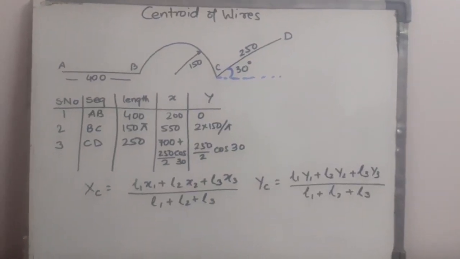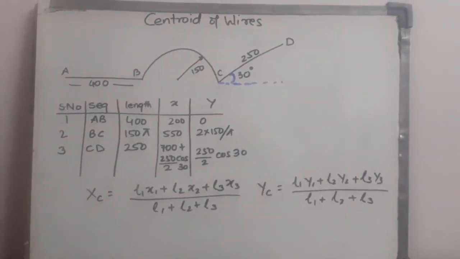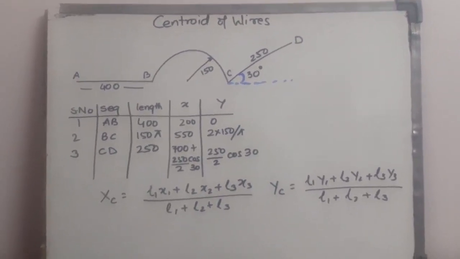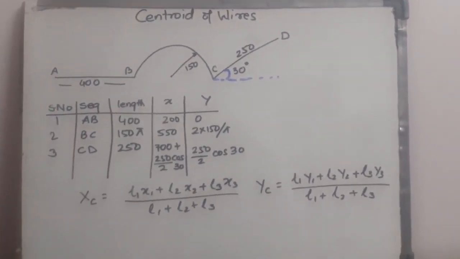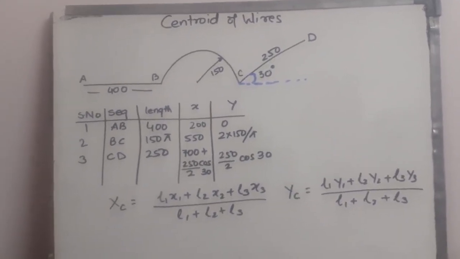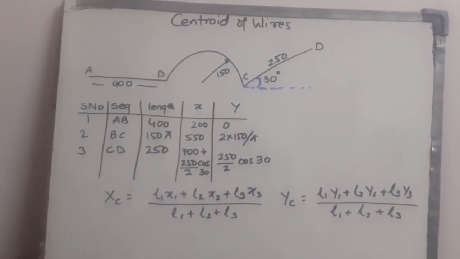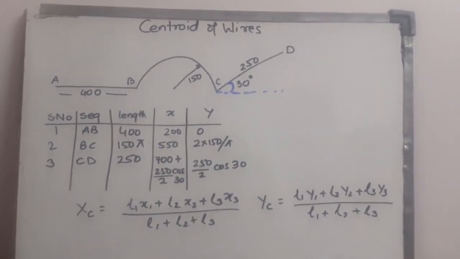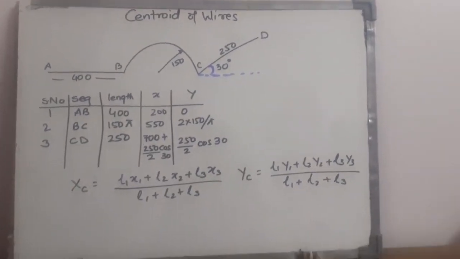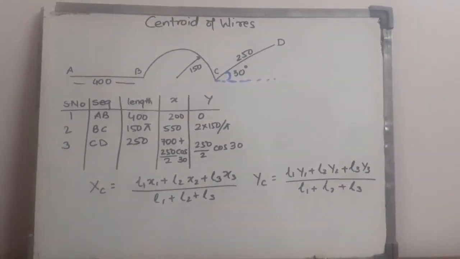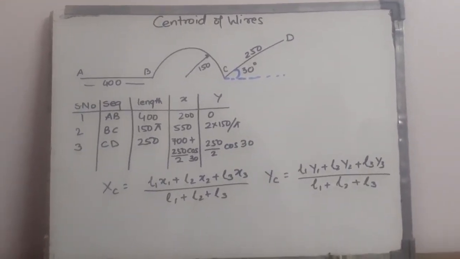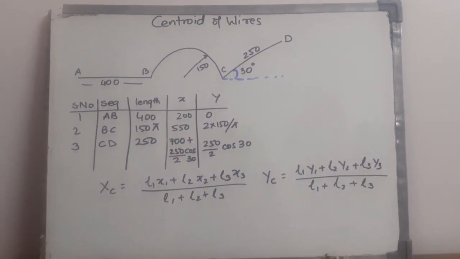So now let us take a problem where we need to find out the centroid of wires. Now wires are those entities which have negligible cross-sectional area, so the term dA does not come into existence here. Wire only has one parameter, and that is length. So you can say wire is an entity which is independent of cross-sectional area. It is only dependent upon length. So we have only one factor here, length. So the centroid of wires is found out with respect to length only.